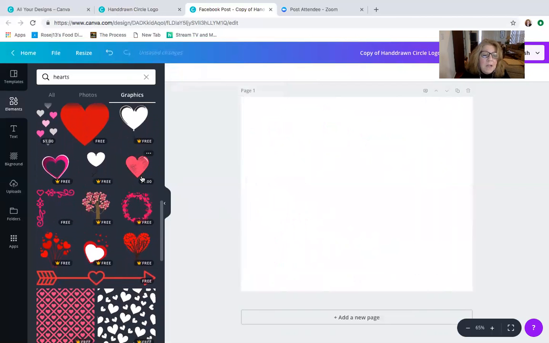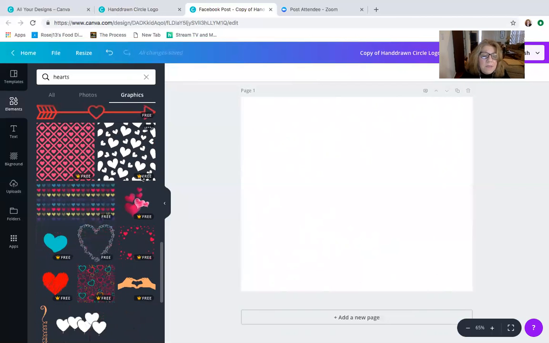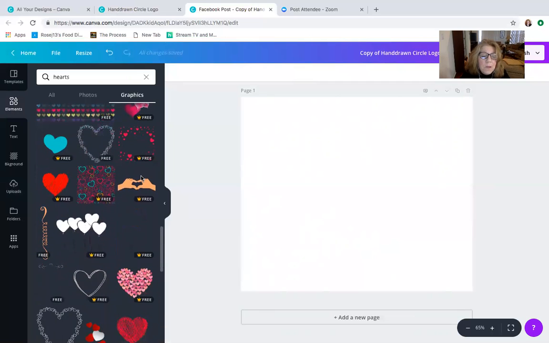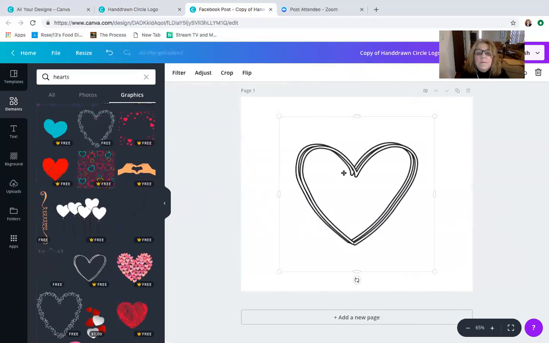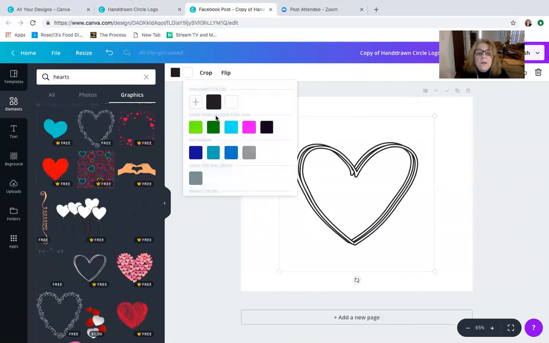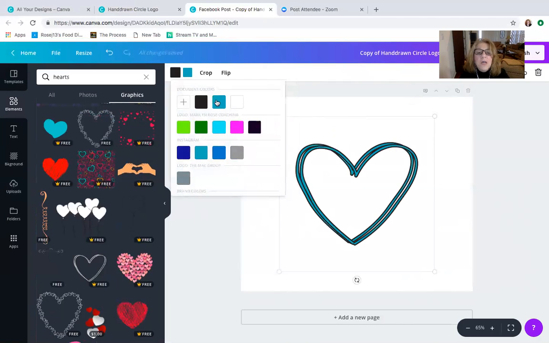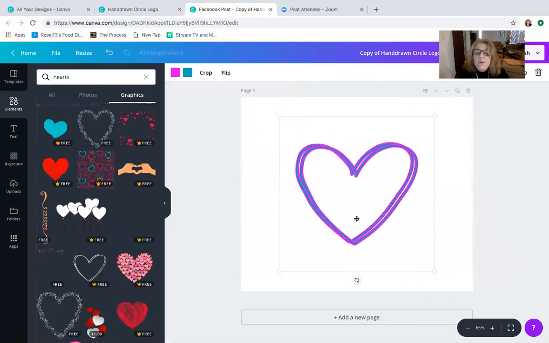So again, I'll use hearts a lot. Let me just try to find a simple heart. For example, if I were to use this heart, it's in white, so I'm changing the color. Okay, there it is. This gives you two tones. I'm going to change the white color to, let's see, this color. And then you see the outline in black. If I wanted to change that, there you go. Then I have this design. So if I wanted to write over this,